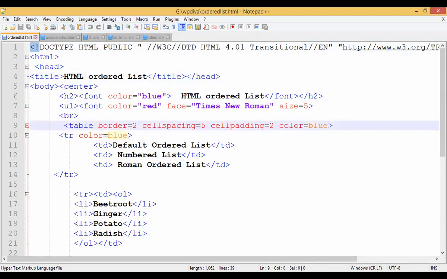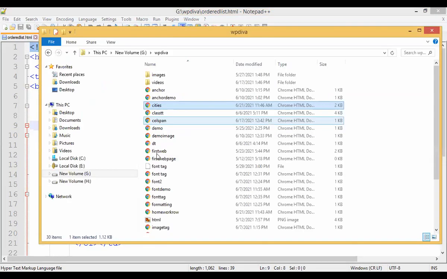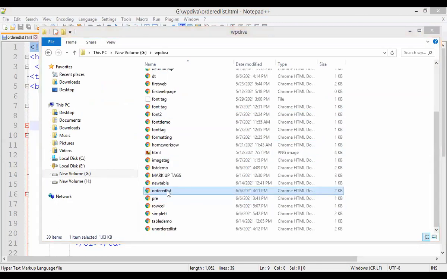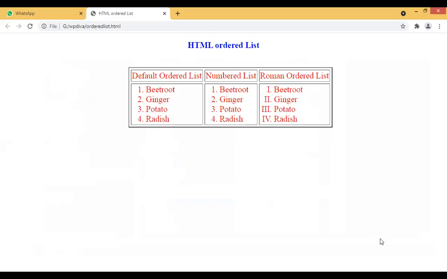So what is my aim, guys? I will show you the execution. It is under the name of ordered list. All right, so this is the output which is expected, guys, right? So who will tell me the rough coding that we are using here? Anyone want to suggest the code for this output?